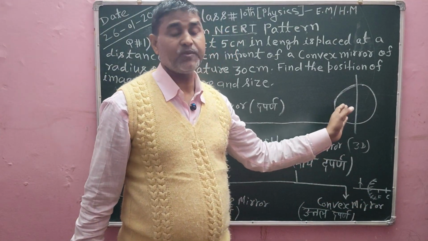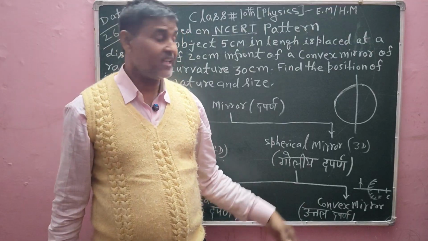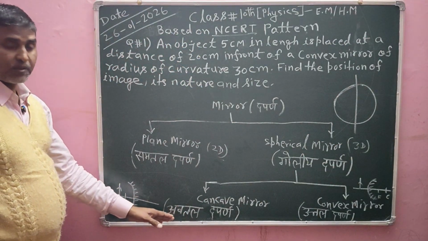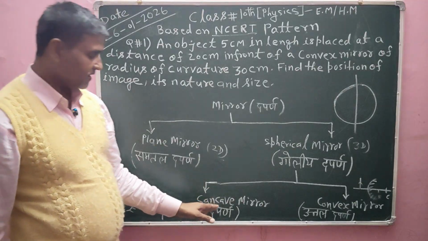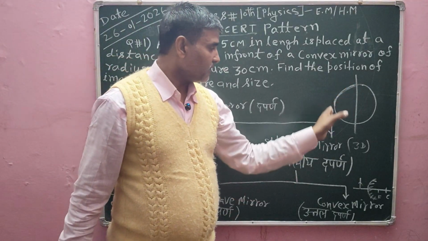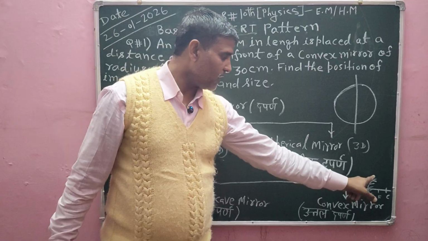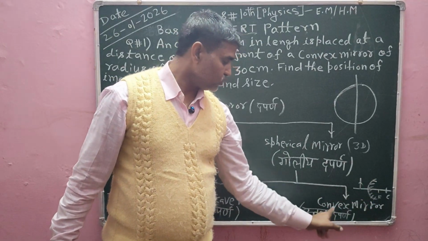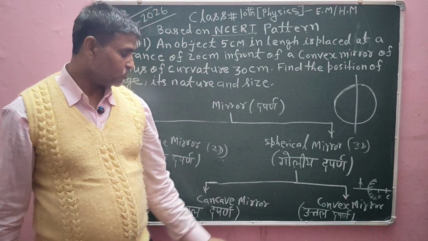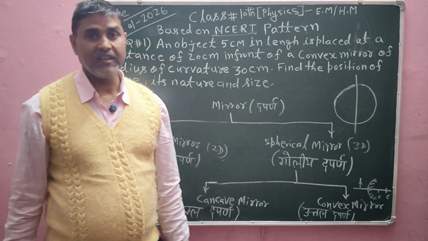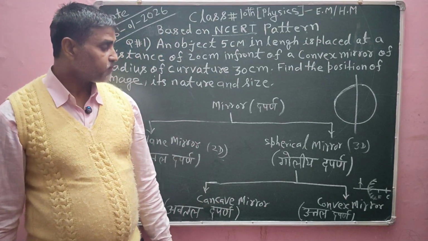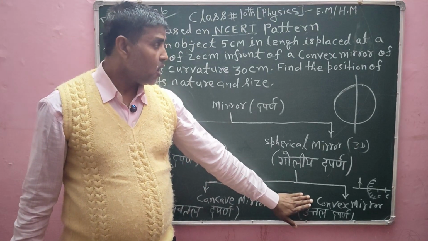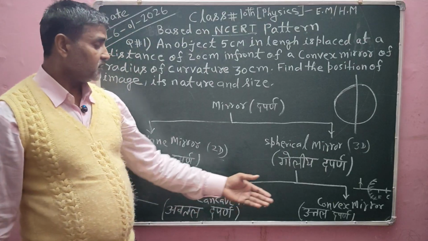इसका फॉर्मेशन, कोई एक स्फीयर लेते हैं, उसके 2 पार्ट में कट कर देते हैं। एक उभरे वाले पार्ट को हम अवतल दर्पण कहेंगे, जिसको कनकेव मिरर कहेंगे, और जो अंदर से पचका हुआ भाग होगा, जिसमें अंदर साइड से हम रेड ऑक्साइड का लेप लगाएंगे, उसको कन्वेक्स मिरर के नाम से जानते हैं, जो हिंदी में उत्तल दर्पण के नाम से हम एक्सप्लेन करेंगे। ओके, तो हम कन्वेक्स मिरर को डिटेल में एक्सप्लेन करेंगे।